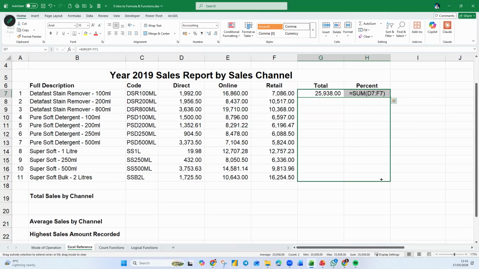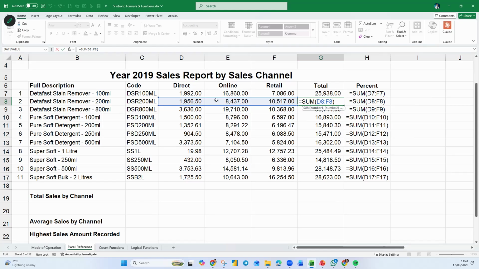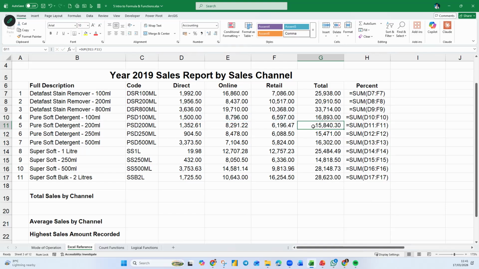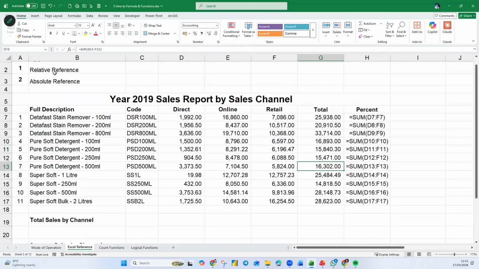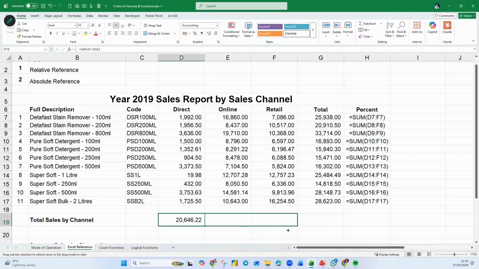So when I copy this one down, I want you to see the formula. The 7 becomes 8. Why does it become 8? Because now I'm referring to row number 8. If I come down here, the next one becomes 10, then 11, 12. So they keep moving, right? If the reference is a moving reference, then it's a relative reference because you copy the formula down.